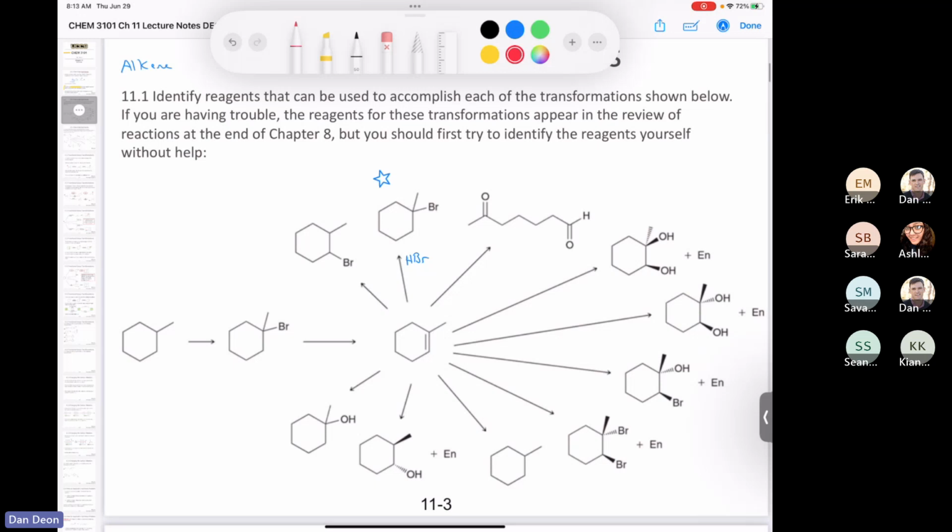reaction. Now, if we go counterclockwise, what about this reaction here? This is an anti-Markovnikov addition of HBr, right? The carbon that is richer in hydrogens, in this case, this hydrogen happens to take the bromine. So again, it's the opposite of Markovnikov addition. So I'm going to need HBr, but I also need an organic peroxide, okay? And I would say you should also be at least partially familiar with that mechanism, which is covered in chapter